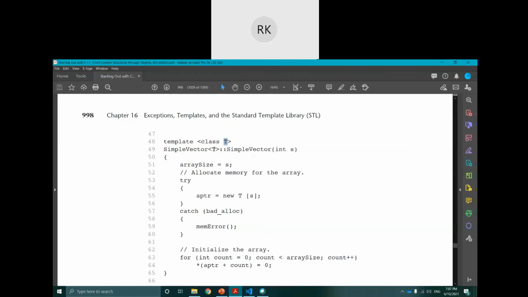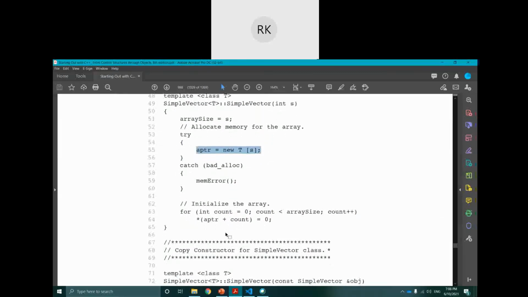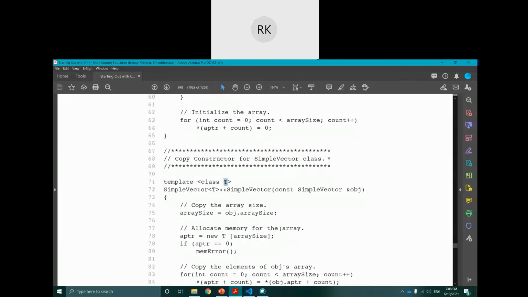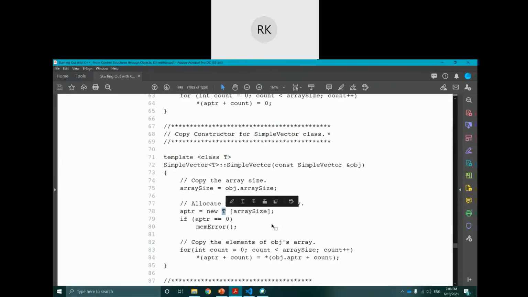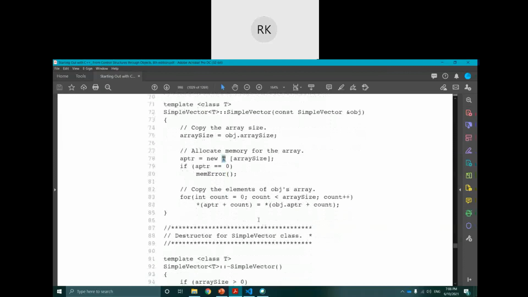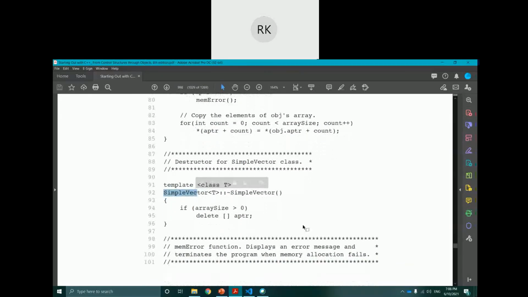So T again, this function is used here, try catch block. Again T for the overloaded constructor. T, meaning we are creating a dynamic integer array. Then T for the destructor. You see here are the destructors.